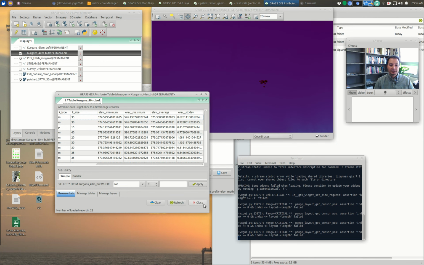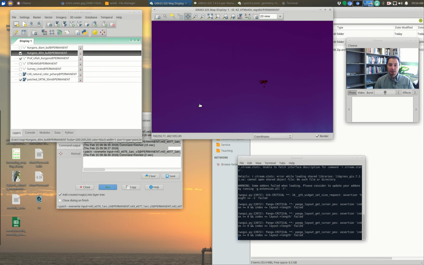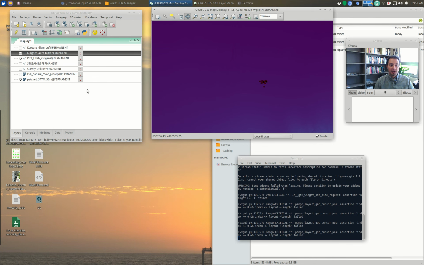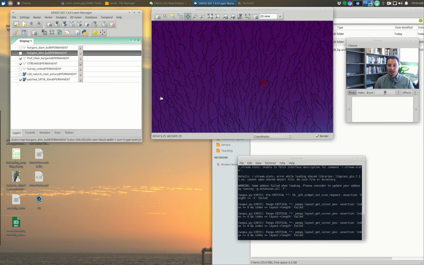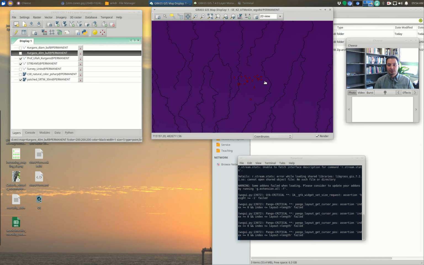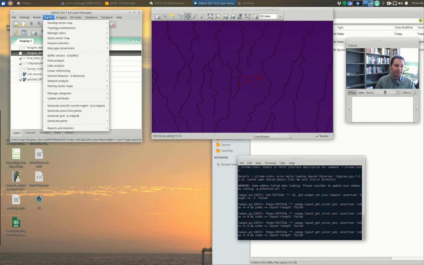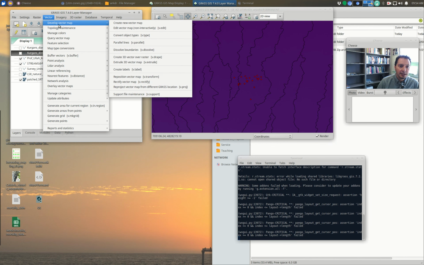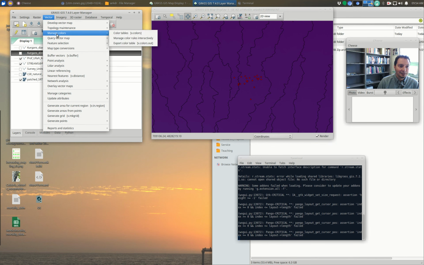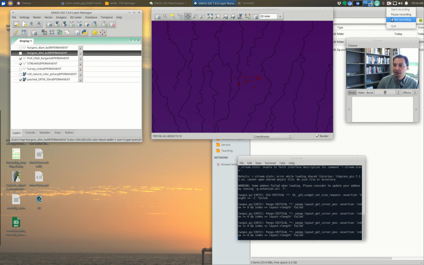We have one last thing to do in this genre of stuff, which is to find the distance to the nearest feature. And we're going to find the distance from our Kurgan as the crow flies to the nearest stream, okay? And to do that, we're going to find v.distance, and I have to remember specifically where v.distance exists. So as before, what I'm going to do is pause the video real quick so I can reorient my brain